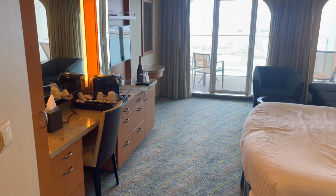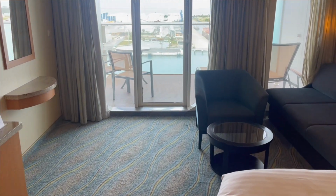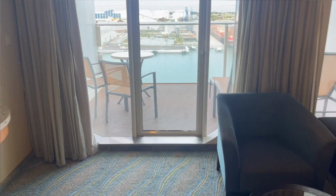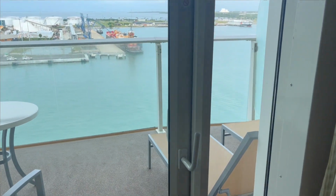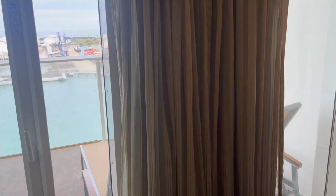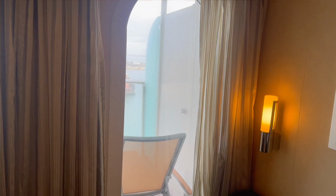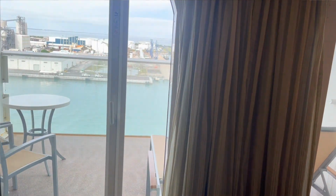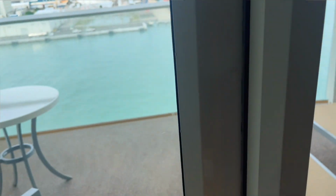Coming back out here, getting ready to take another look here at the room, and we will come out to the patio, the balcony. If you come out to the balcony, the one thing too in this room is that there are two windows. There's the balcony window, and there's this little side window too. So you have, brings in more light to the room, which is really nice. We just come out here to the balcony,